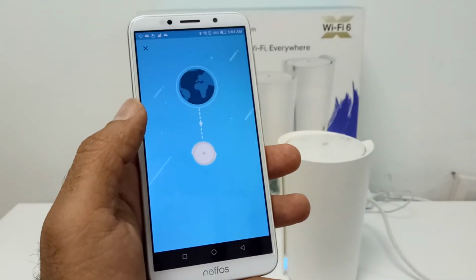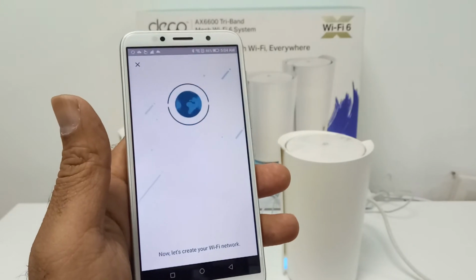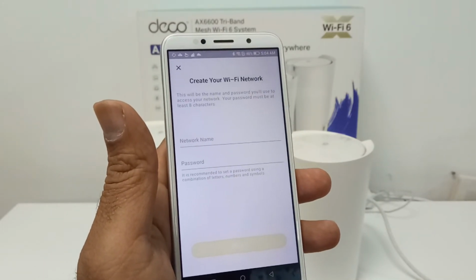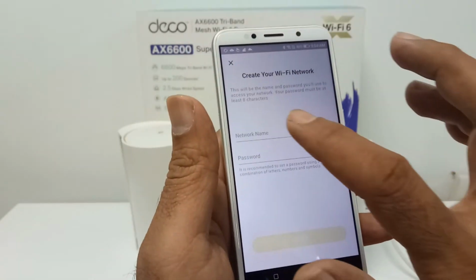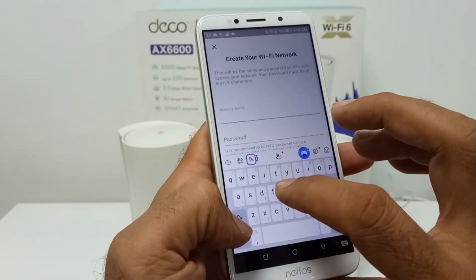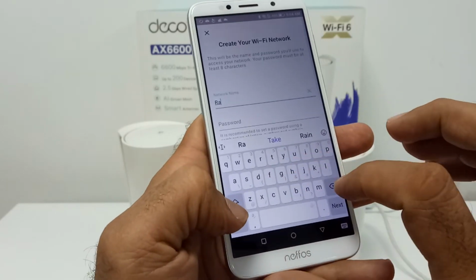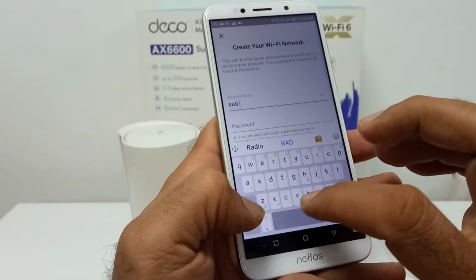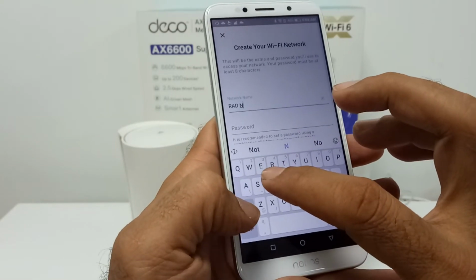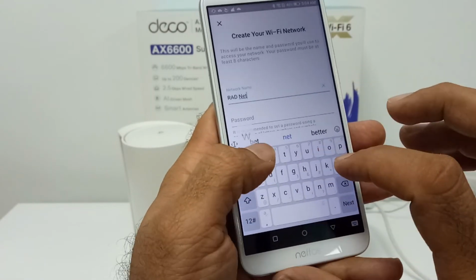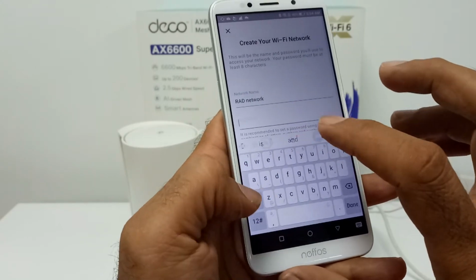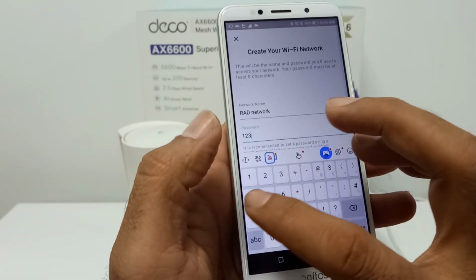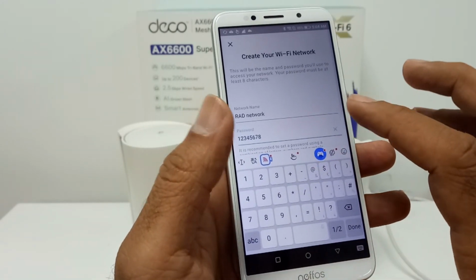After the next button, this option will ask you to create your wireless network name. Here you can create whatever you want. We type RAD network, and then type any password you want, make it secure.